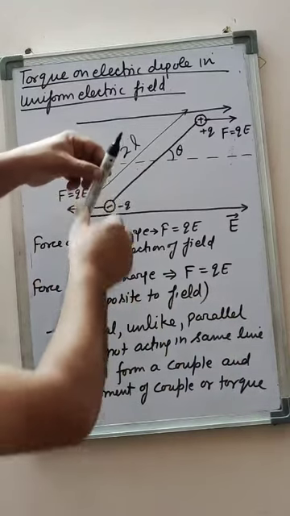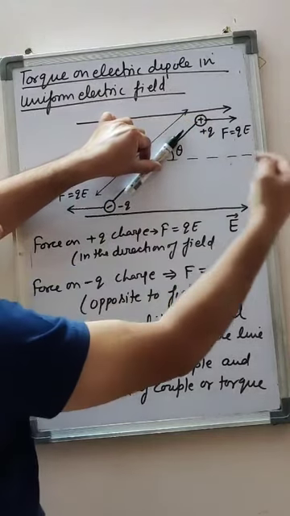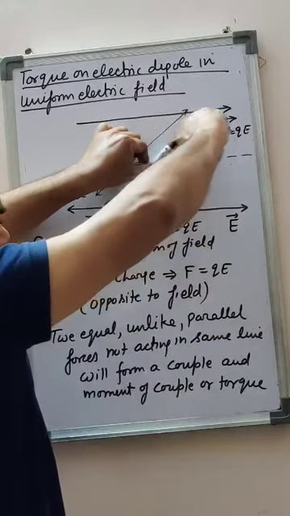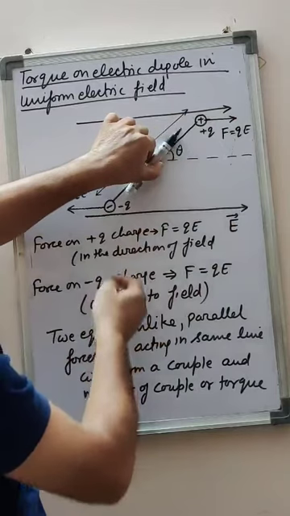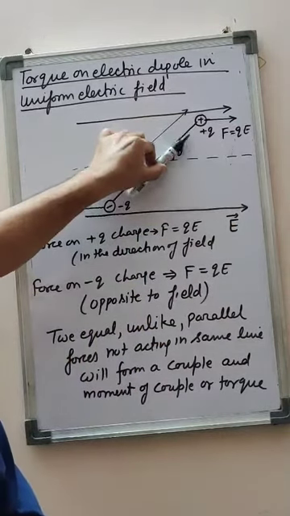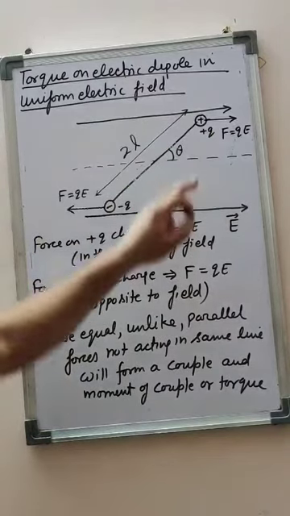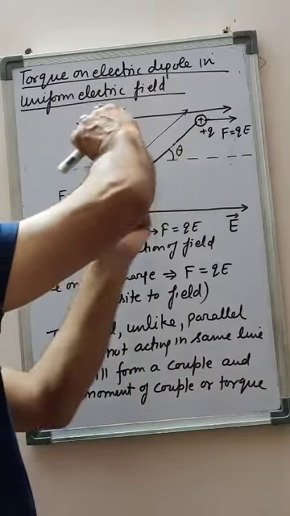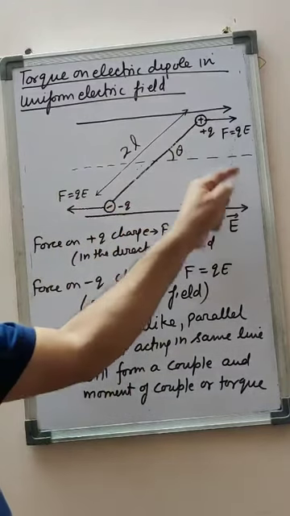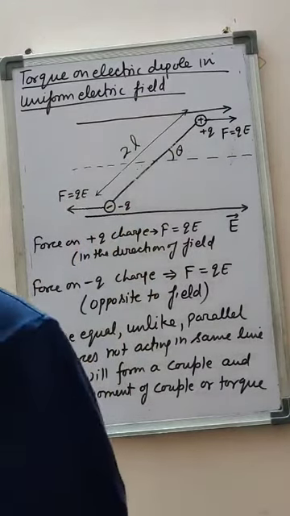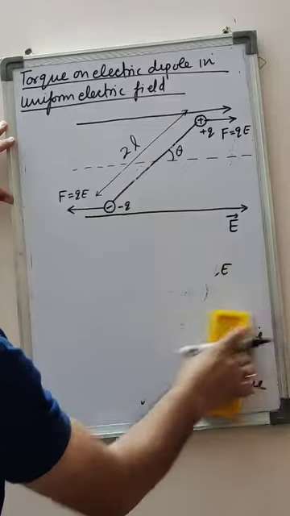Now see here, this dipole is placed in the field. On the positive charge, the force is acting in this way, and on the negative charge the force is acting in this way. If you apply a force in this direction and here you apply a force in this direction, then the dipole will rotate in the electric field. Due to these two forces, this dipole will rotate in the field. So here are two equal, unlike, parallel forces, and their line of action is also different, so they will form a couple, and the moment of couple or torque is given by